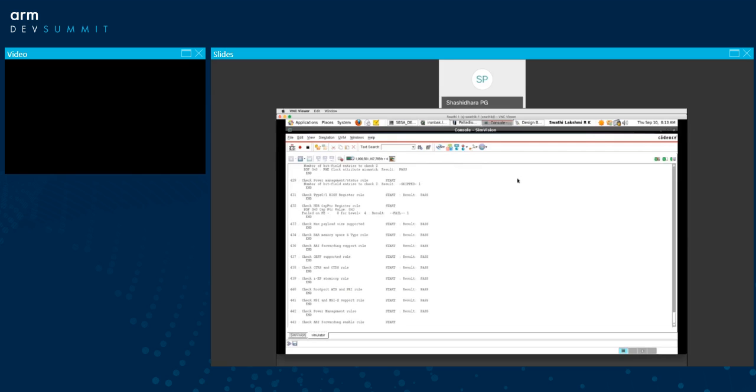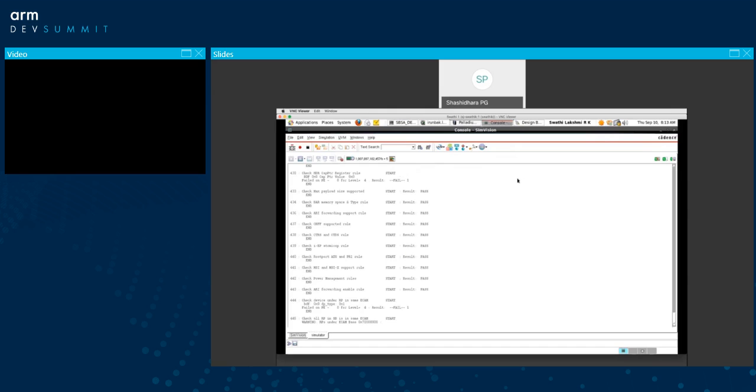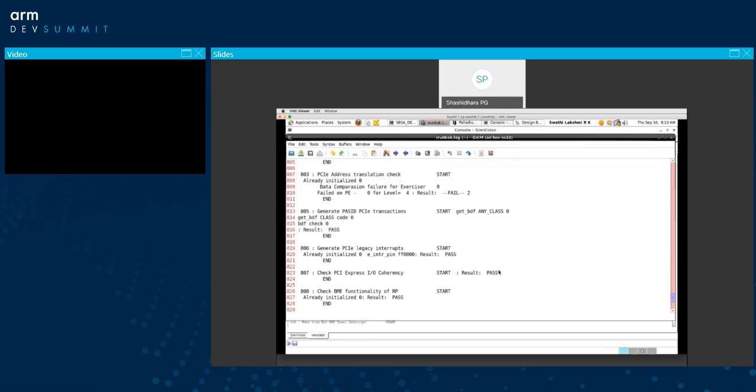We started some time before, and it's executing. As you can see, while it's executing, it's printing the status of the tests executed. You can see one of the tests has failed and many of them have passed. This execution continues till all the tests are implemented. We cannot see all the tests finish here because, in the interest of time, we cannot finish within the time limit. But I have run the entire test before this, and I have generated the log